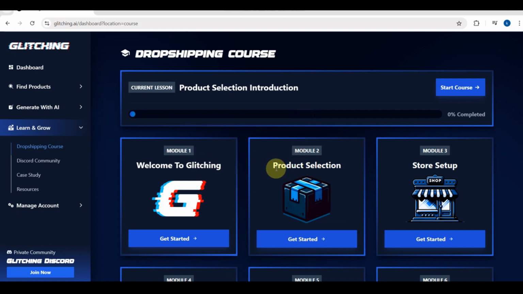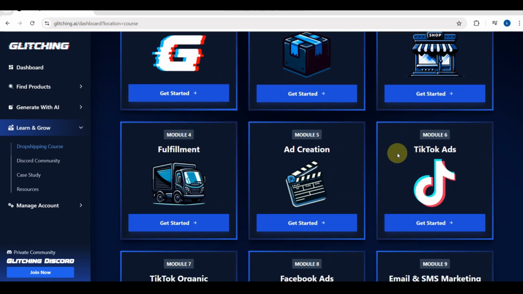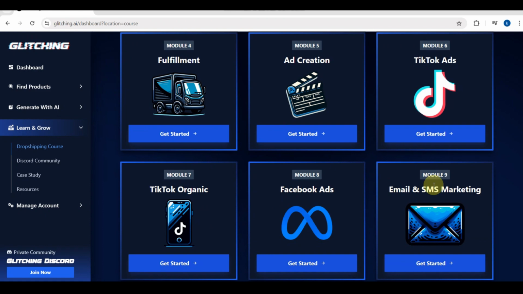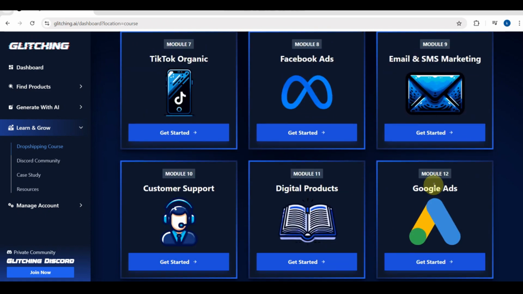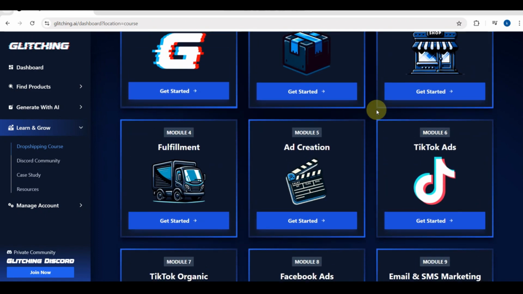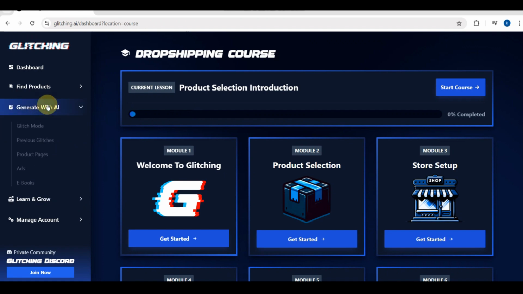And then here is also connected to the other website. And then they will be suggesting here, welcome to Glitching. And then here are the different kinds of apps that you can use, for example, TikTok organic, Facebook ads, email and SMS marketing, customer support, and then digital product, Google ads. And then if we scroll up again, we'll be able to see here the product selection introduction. And it's up to you if you want to start